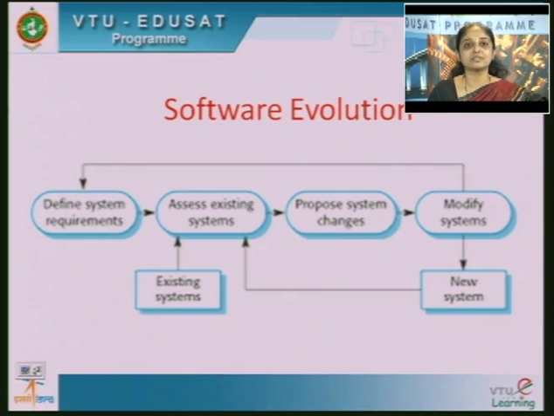All these challenges contribute to software evolution. Then the system changes are proposed. You need to modify this existing system, which results in a new system. Now this could end here, or the new system, when assessed again, now becomes the existing system. When it is assessed again, if there are more changes,